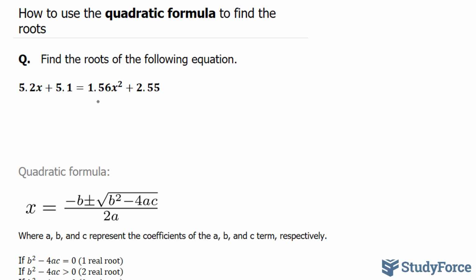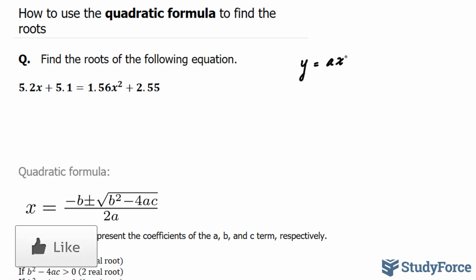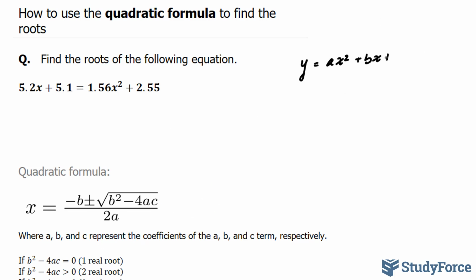To use the quadratic formula, it's nice to put your equation in standard form, which looks like this, where you have y is equal to x squared plus bx plus c. To put this equation in this format, we have to bring all of the terms to one side. So I'll take this term over and this term over, where I end up with